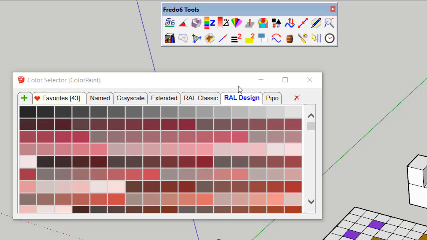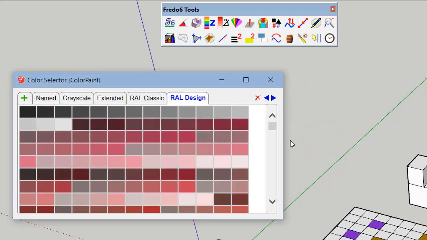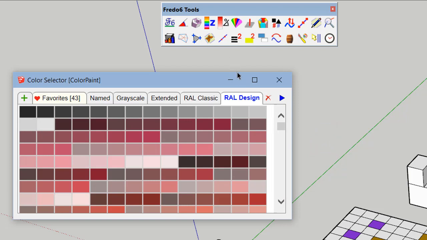In summary, the color selector of Color Paint is independent from the model, and is valid and persistent across sessions. It is also shared with some of my other plugins.